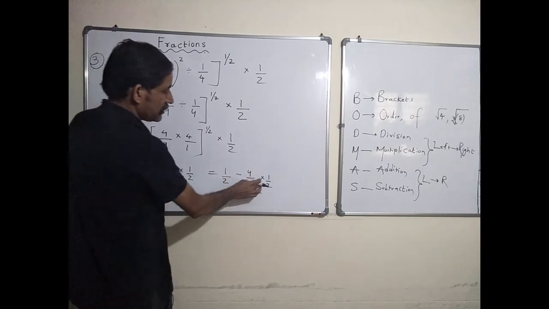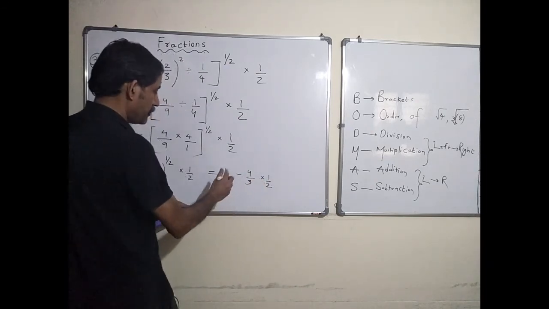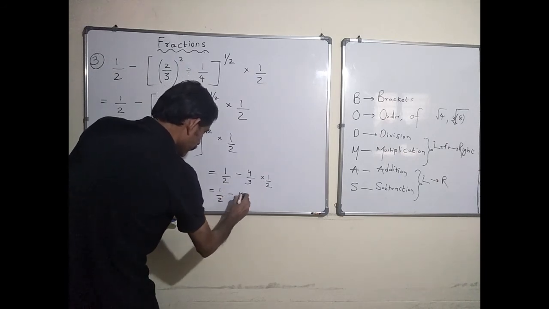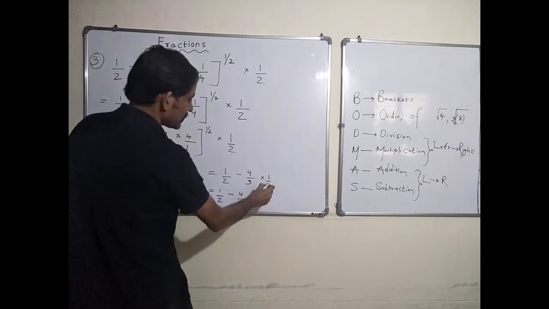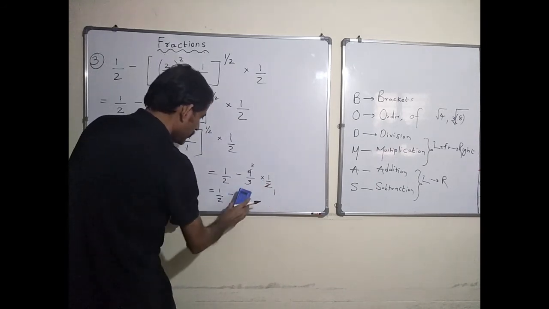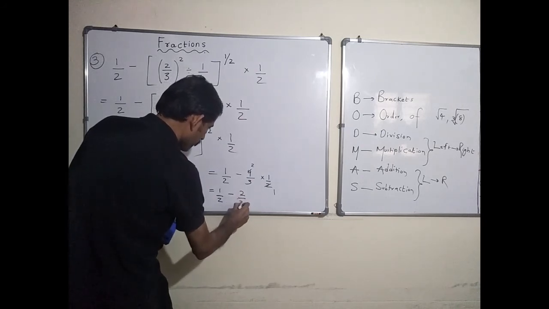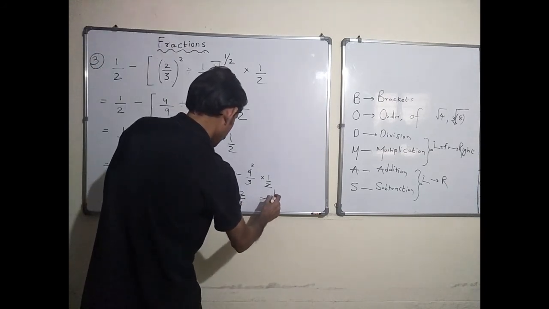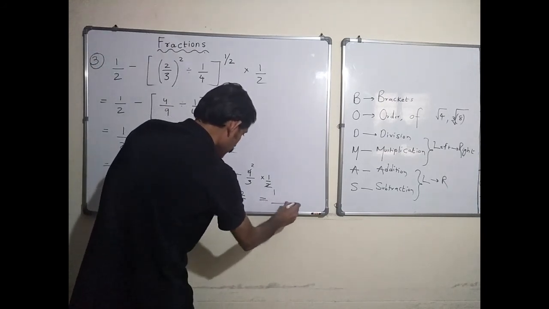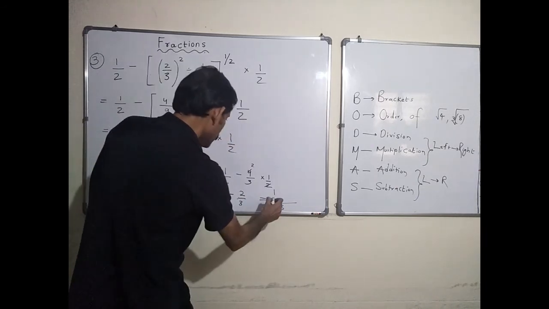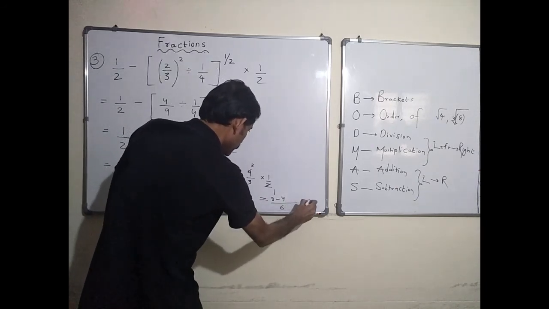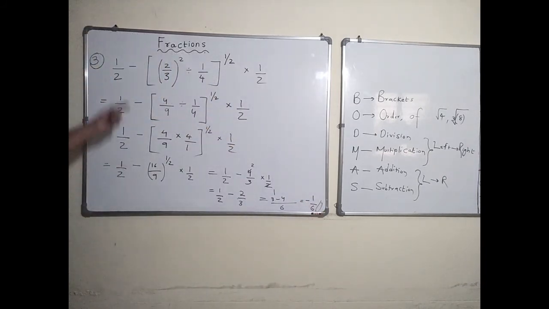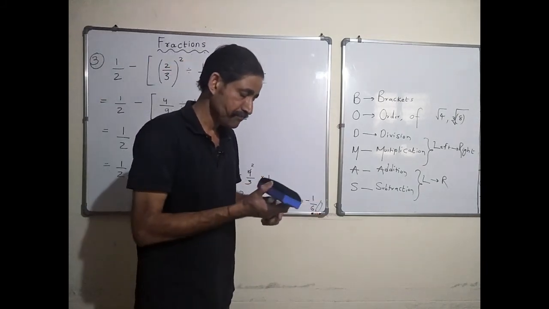Now clearly multiplication takes priority over subtraction. So I am going to solve that. Half minus 4 into 1 is 4 and this becomes 6, or rather I can always cancel this, 2 1s are 2, 2 2s are 4 and this becomes 2 by 3. Which is nothing but, find out the LCM. So this becomes 6 here. So 3 minus 4 is nothing but minus 1 by 6 is the answer. So at every step we followed BODMAS. Great.